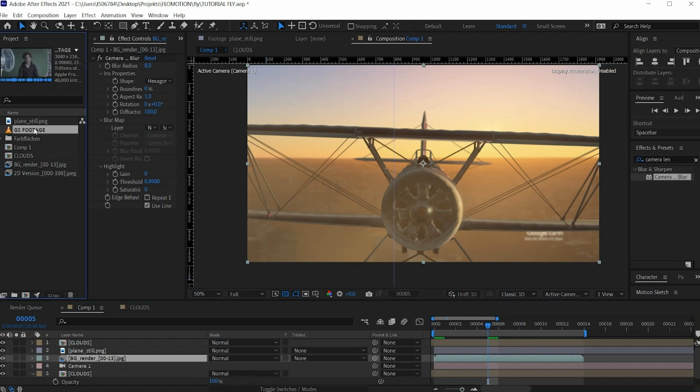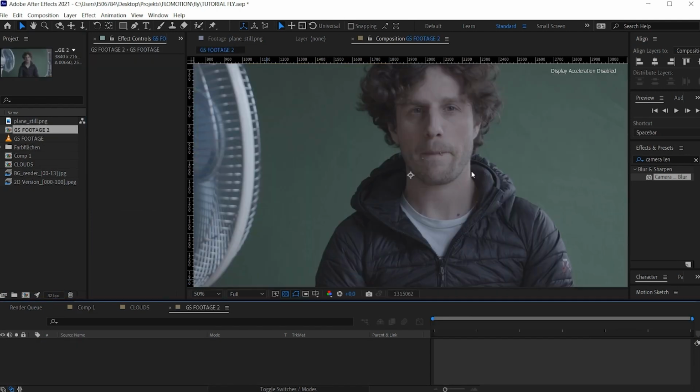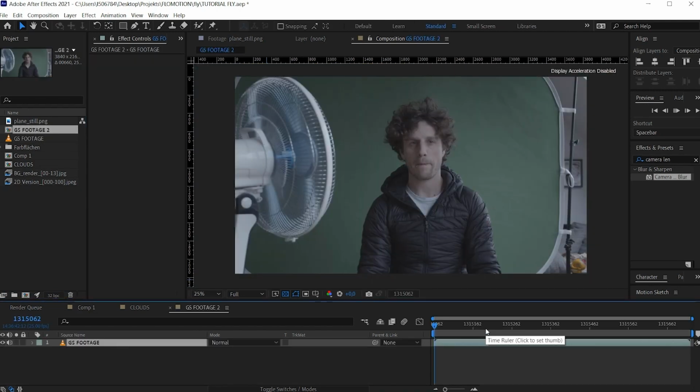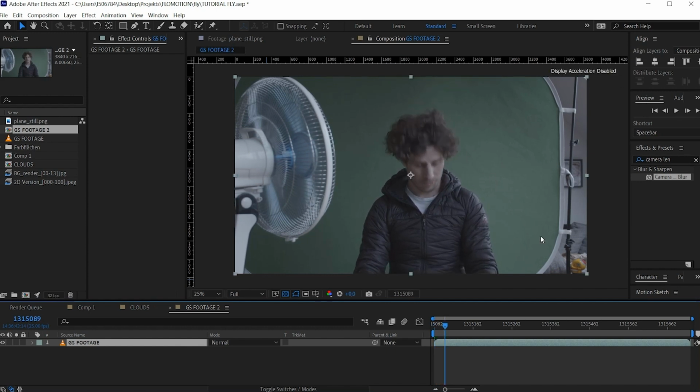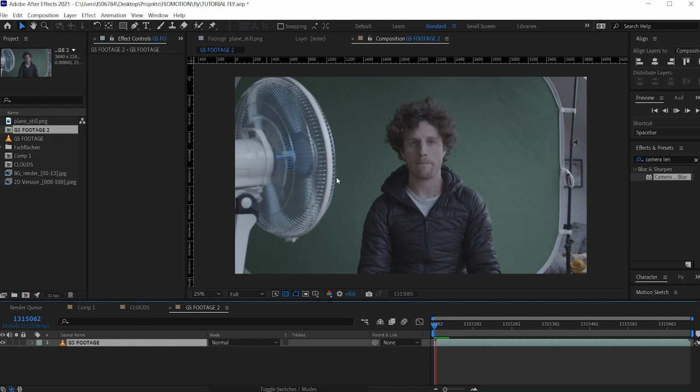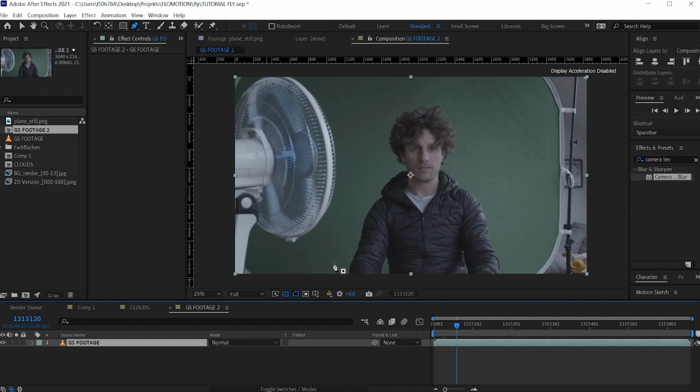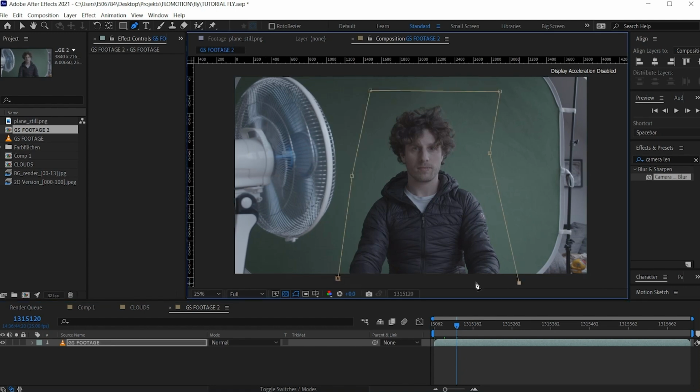So let's bring out the green screen footage. And let's directly bring this onto the new compositions icon. And you see, I'm just sitting in front of a small green screen with some natural light coming in from the side. So I have really big windows in my living room here, and then I have a fan blowing wind into my face. And this is really nothing too fancy, so I can simply mask myself out here,